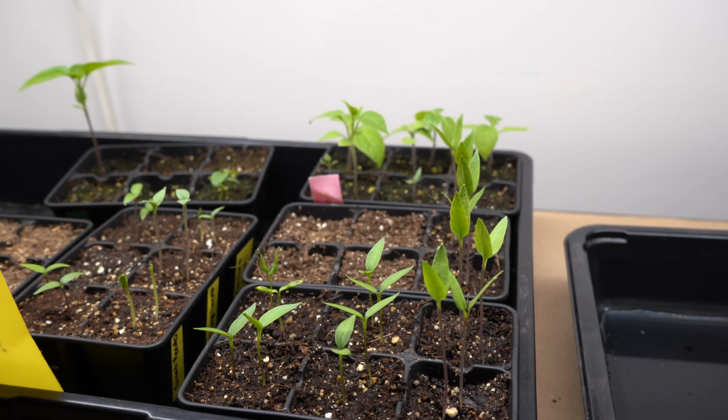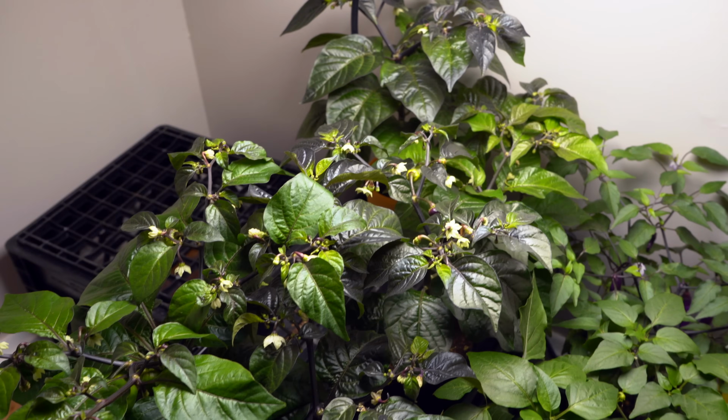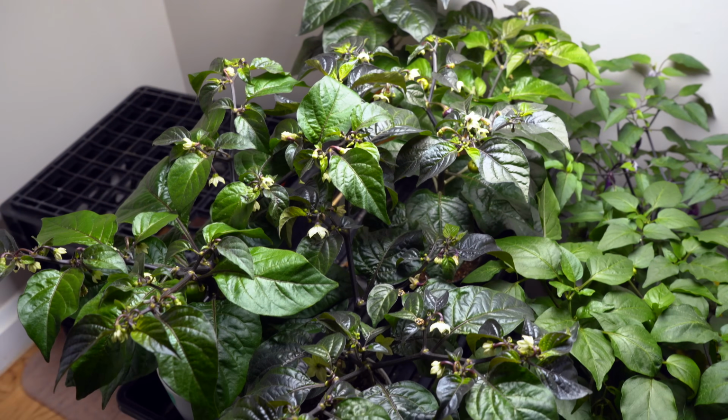So we start all of our pepper plants from seed indoors, and they'll live inside for at least 6 to 8 weeks before they're ready to go outside. And we face a lot of issues growing indoors. Most important, of course, is lighting. As you can see behind me, we have grow lights for that. But there are a few other things that you want to do for your plants to get them ready for the transition outdoors. And if conditions aren't right, you may run into issues, one of the most common of which